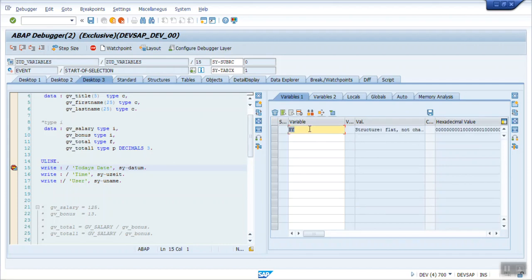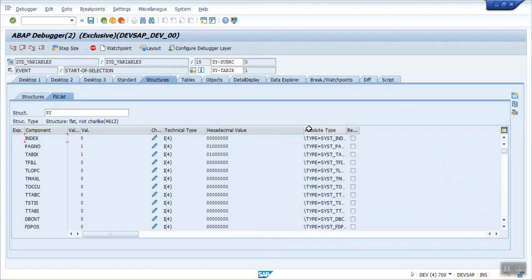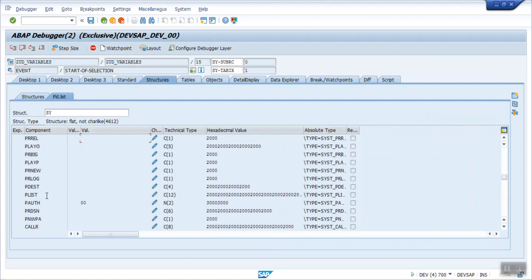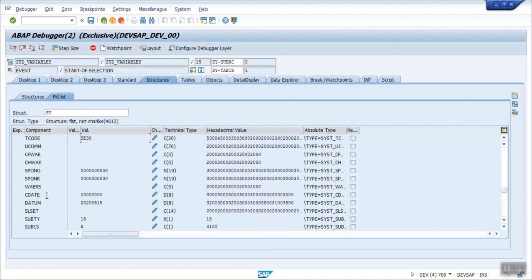This is a flat structure. Double-click on this, so you can see all the values of that structure. Those are the components. Based on the requirement, we can choose which component we want to display. Here you can see the DATUM, which is 8 digits.